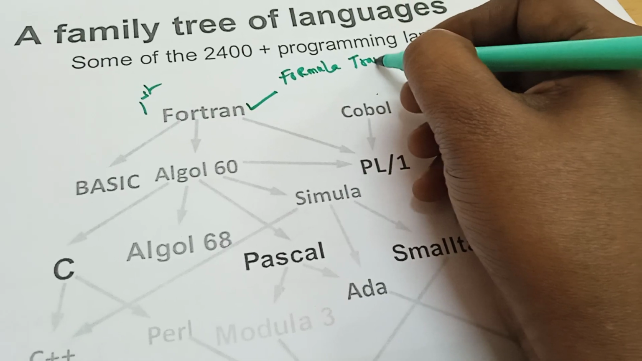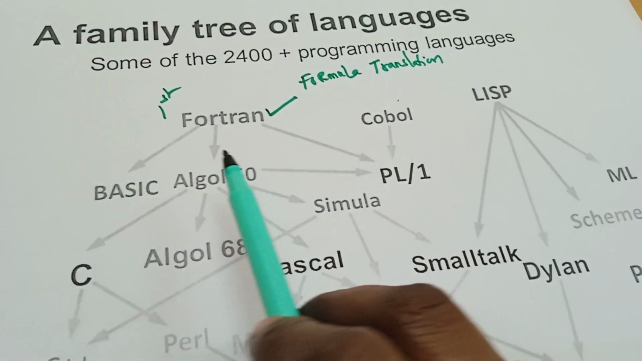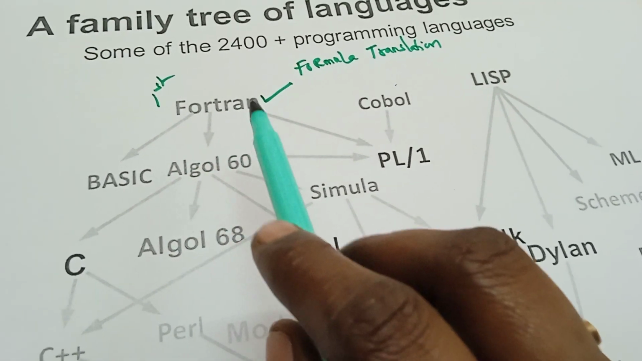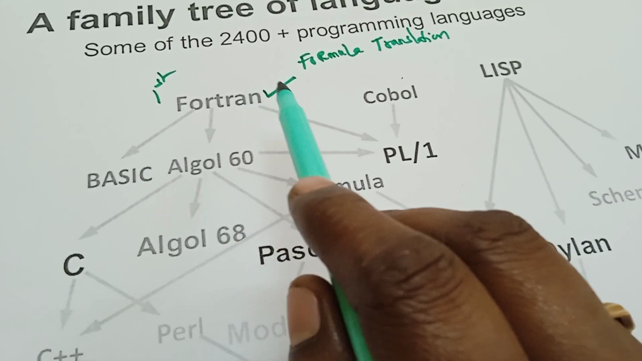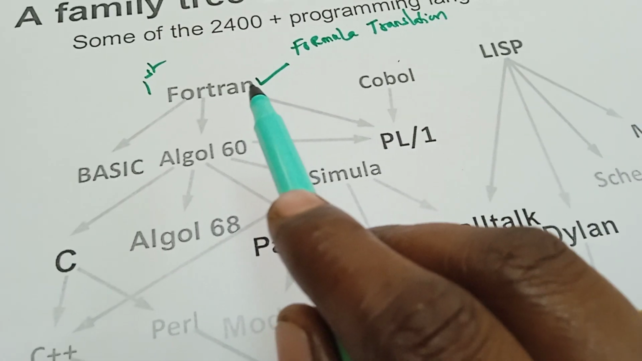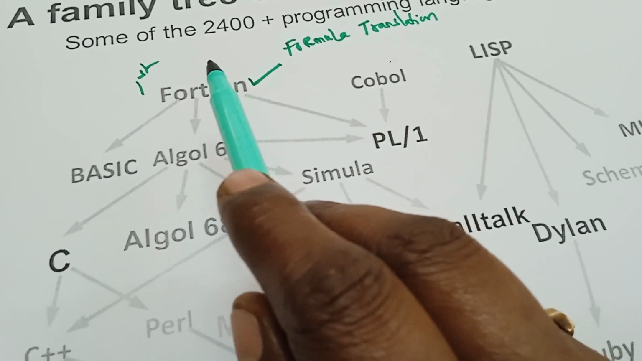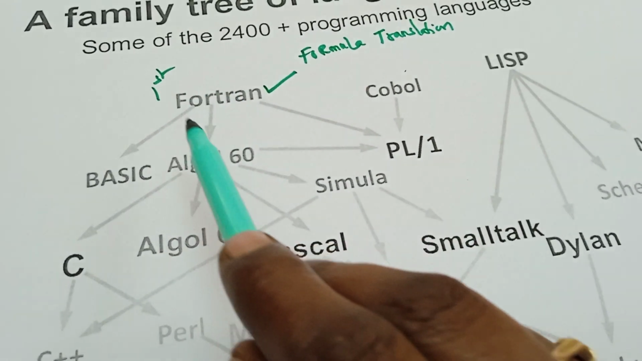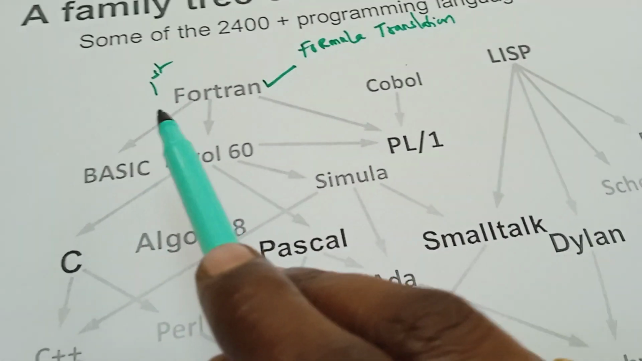Formula translation. So from Fortran, when the programmer is using Fortran, they will be going through some drawbacks. Those programmers will go through some things which Fortran cannot do. So whichever we feel is a drawback in Fortran, those drawbacks will be addressed in other versions, and